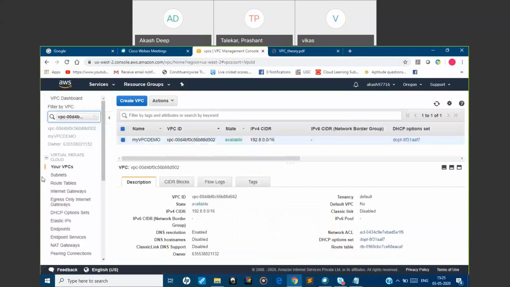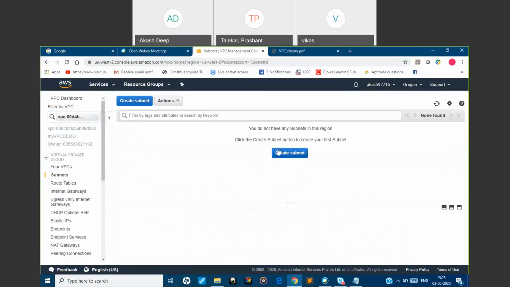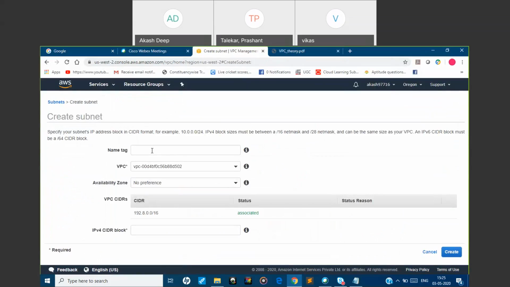So the next step is to create the subnetworks. We'll go to subnets and just click on create subnet, and I will give the name subnet 1.